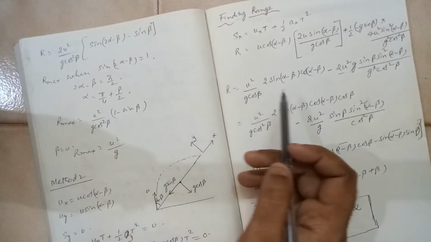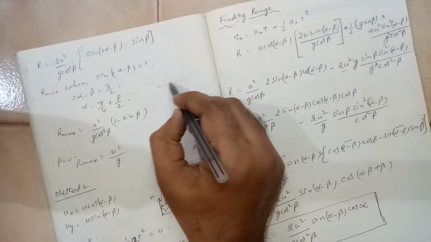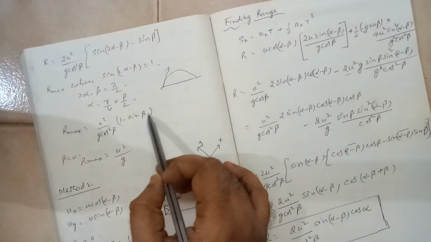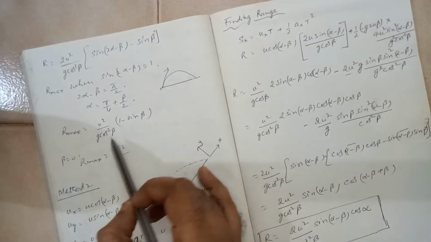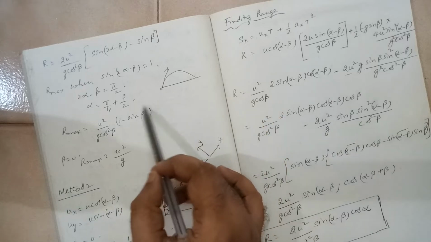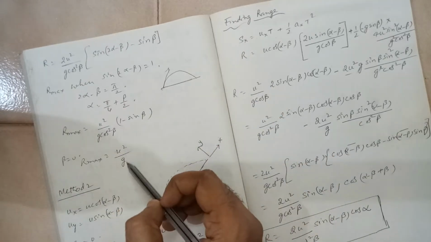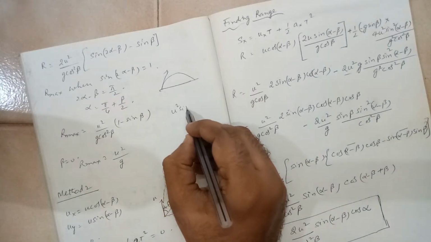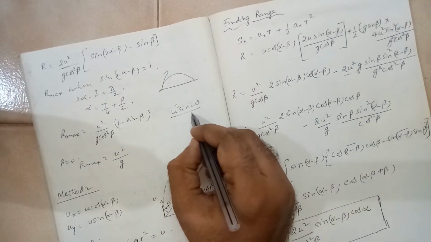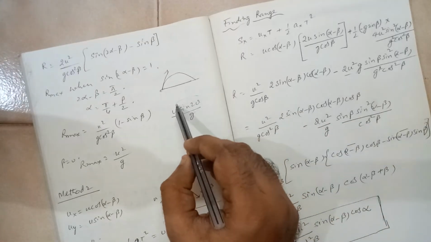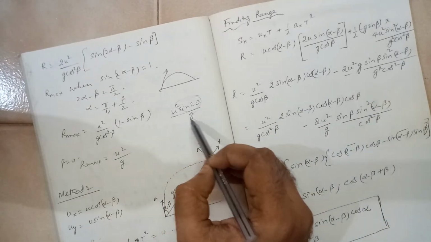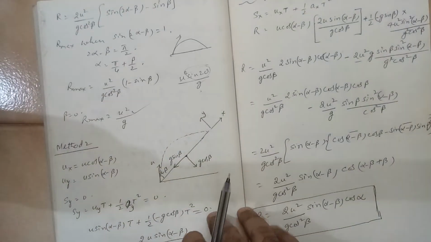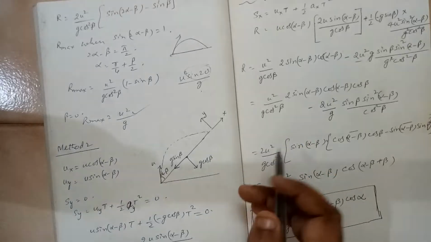If you put beta is equal to 0, you will go back to the original case which we did yesterday, the horizontal case. If you put beta is equal to 0, what are you going to get? Cos beta will become 1, sin beta will become 0. So you will get u square by g. If you remember, we did that equation. It was u square sin 2 theta by g, right? The maximum value of sin will be 1. So there you are getting u square by g, which is matching. Okay, so this is the more general case.